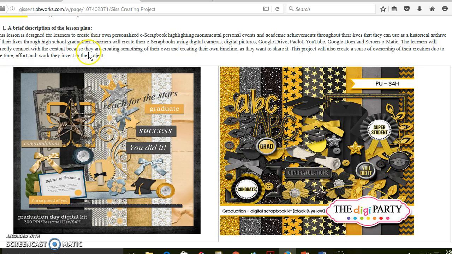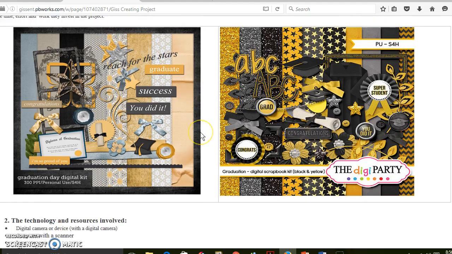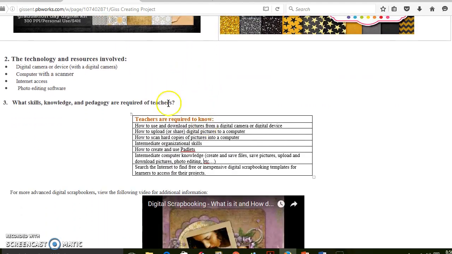The learners will directly connect the content because they're creating something of their own. They're creating their own timeline as they want it to be shared. And the project will also create a sense of ownership of their creation due to the time, effort, and the work that they invested in it. The technology and resources involved are a digital camera or device with a digital